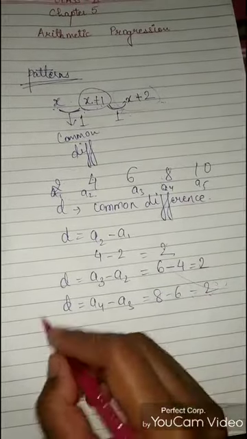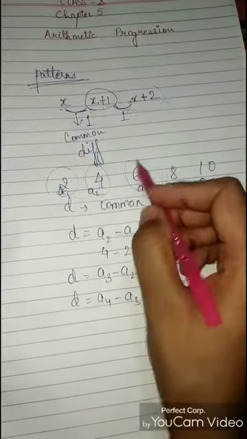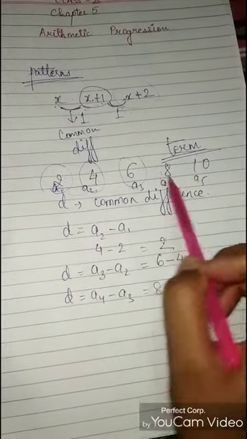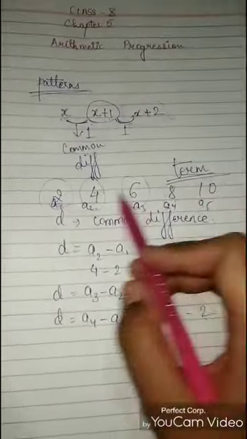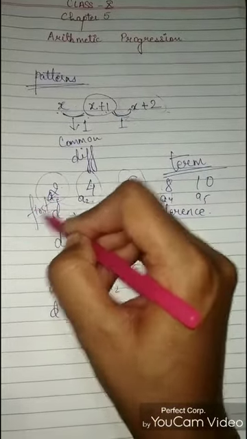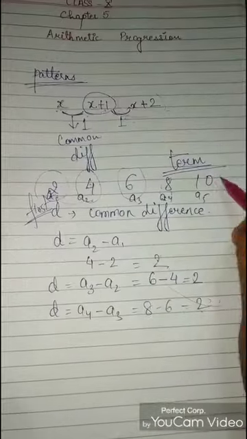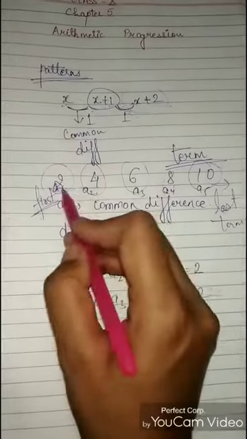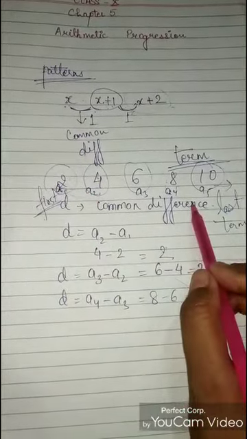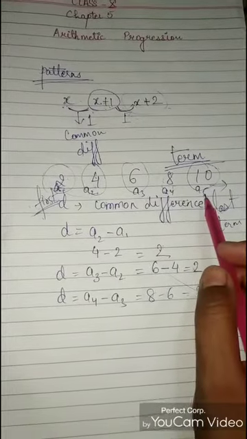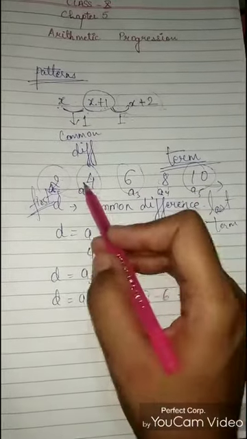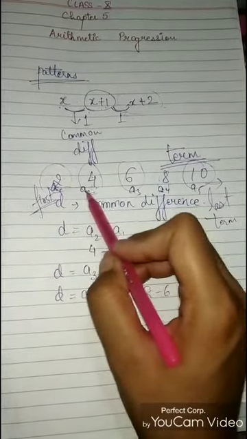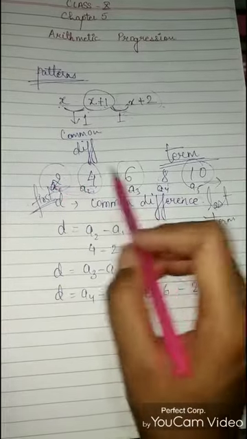Now every number in the AP is known as term. Every number in the AP is known as term, and this is the first term. The AP from which it is starting is first term, and at which it is ending is last term. And the difference between the two consecutive terms is called the common difference. So what is AP? That sequence of the terms arranged so that the succeeding term will get by adding the fixed number to the preceding term. Okay. So now we'll start with the chapter.